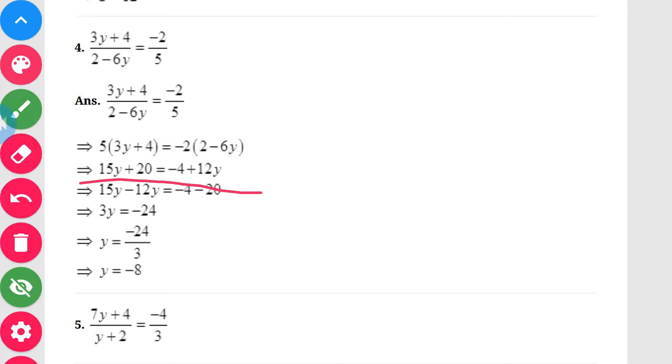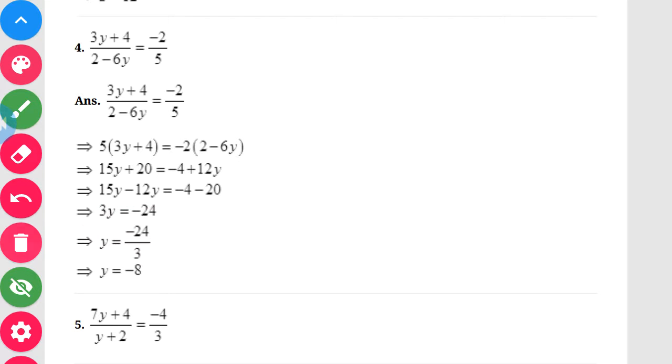So that's what we get this equation. Now what we will do next is the y term we have to take one side, and the numbers we should take the other side. So if it is plus 12, it becomes minus 12 here, and if it is plus 20 here, it becomes minus 20. So I hope the sign conversion and the transposing is clear to you all. Then at last, if you just solve it, 15 minus 12 will give you what? 3y. And minus 4 and minus 20 is nothing but addition as per your integer, that is minus minus will become addition, that is minus 24.